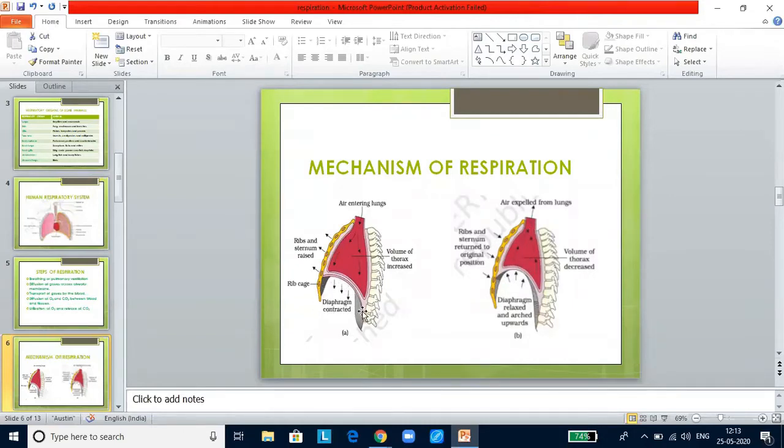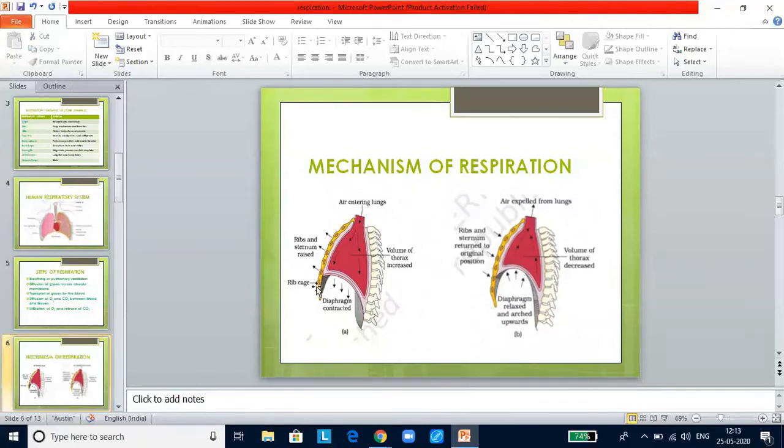And you should also look at the diaphragm. Here you see the diaphragm is contracted and almost flattened, and here you find the diaphragm is relaxed and has assumed a dome shape. So when they ask you to identify these diagrams, please look out for these clues. One is the diaphragm, whether it is dome shaped or almost flat. If it is flat, it is inhalation. If it is dome shaped, it is exhalation. And then look at the thoracic cavity. If the volume of the thorax seems to be more, then it is inspiration. When it is less, it is expiration or exhalation. These are the clues you have to observe in the diagram when a question is asked.